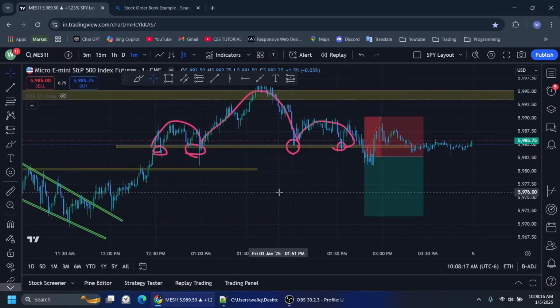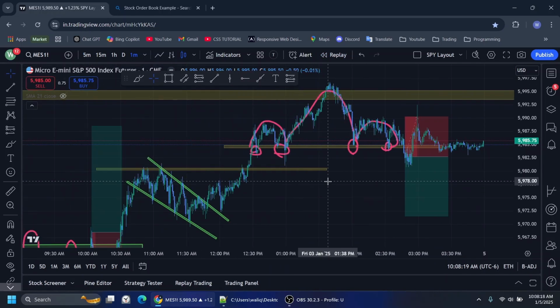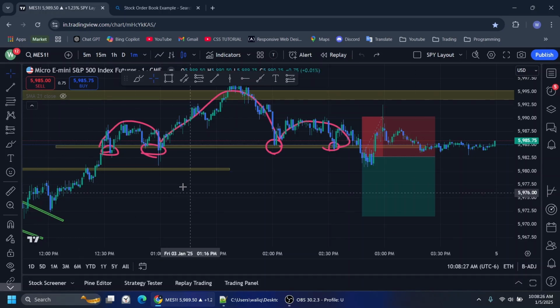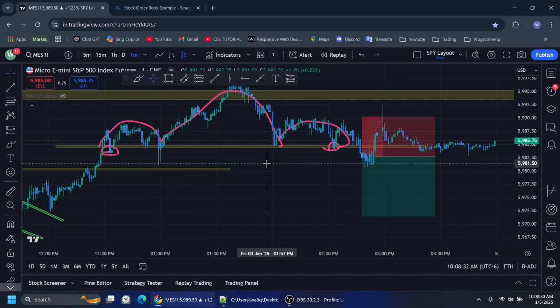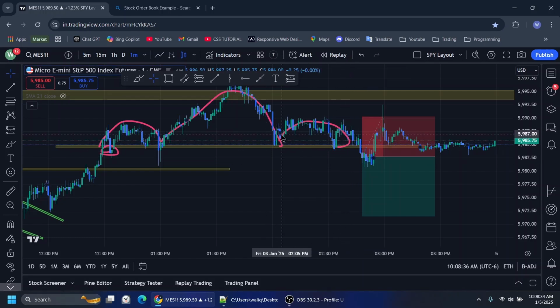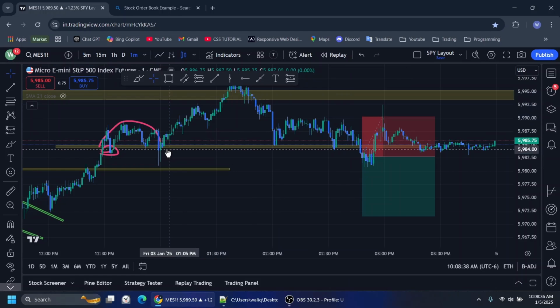So this is what a trap is. These big institutional traders are creating these traps in order to grab liquidity from us. They're not trying to trap us, but what they're trying to get is liquidity. The reason for the liquidity is